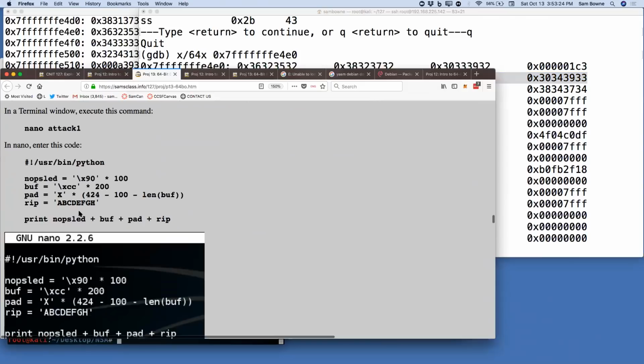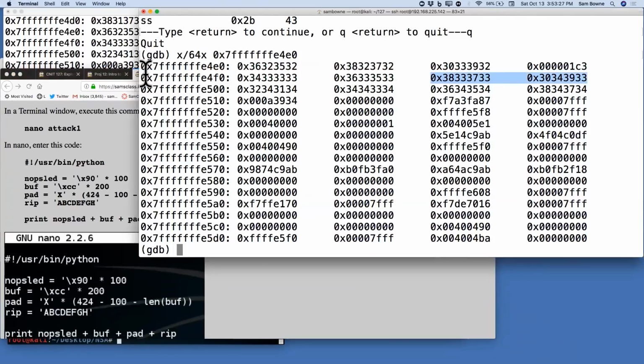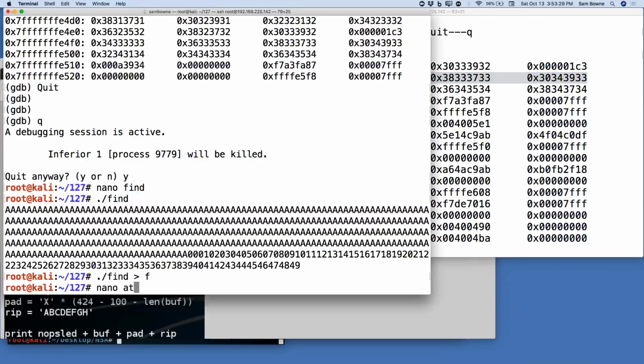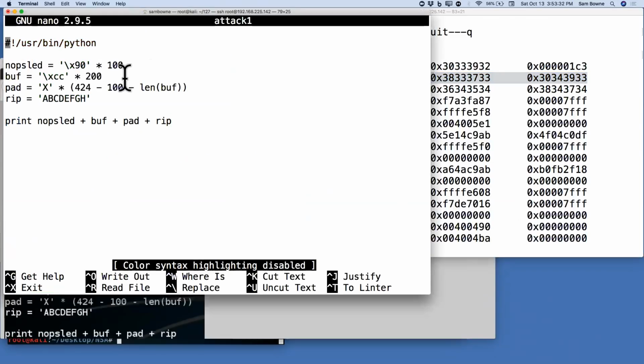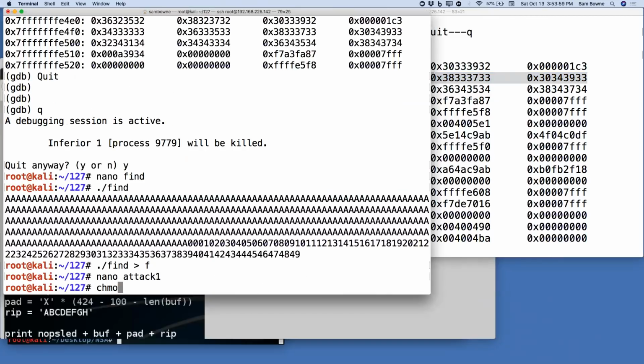And so now I can form an attack file. And I think I've got this one ready to go. So this one here just goes up to padding. I figured out it was 424. And I'm going to put in a dummy exploit now. 190s for a NOP sled, 200 cc's, room for my shell, and then padding to bring it up to the right length, and then the RIP, which will be A, B, C, D, E, F, G, H, trying to make sure I'm hitting it. So that attack, if I chmod plus x attack,